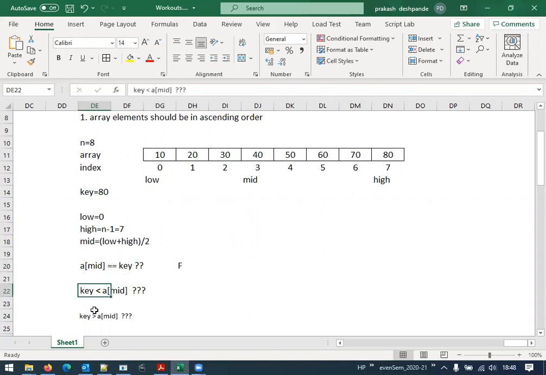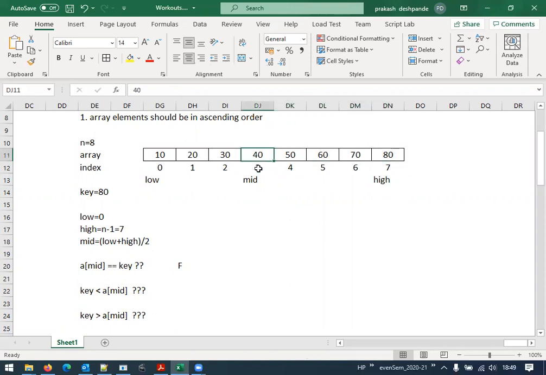Now, the key element might be less than this or might be greater than this. When you look here, what can you figure out? The key element is definitely greater than 40, because the key element is 80 and the mid element is 40. Then even if it is present, it might be present on the right hand side.